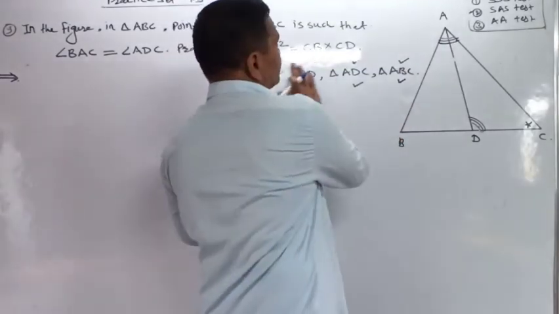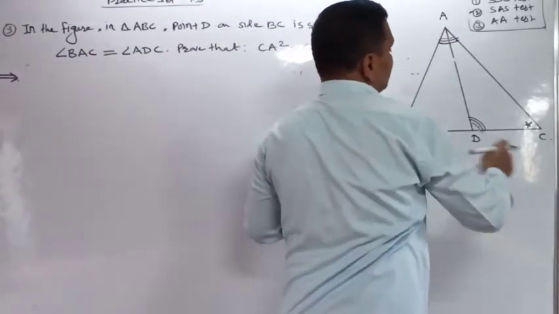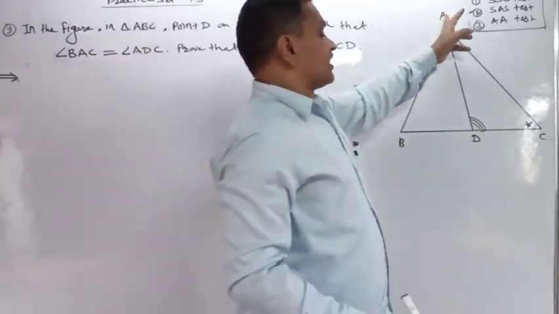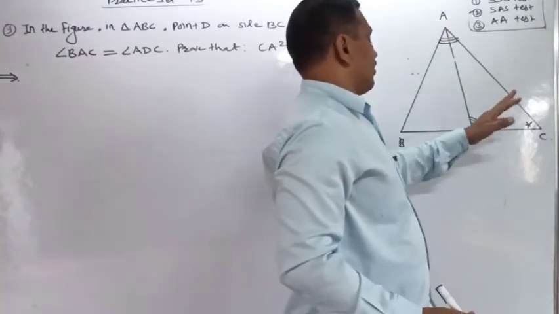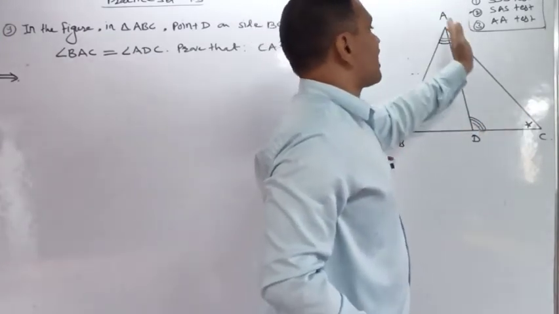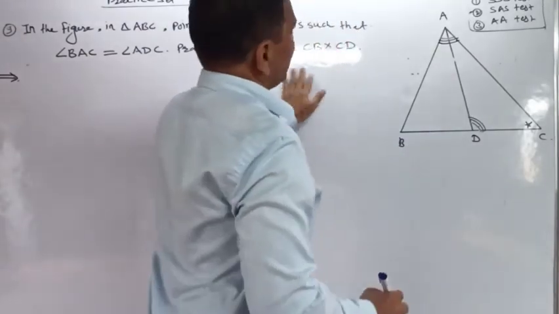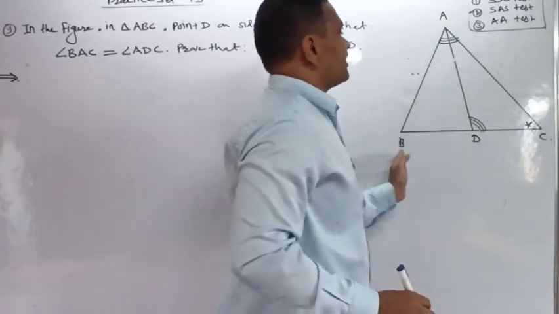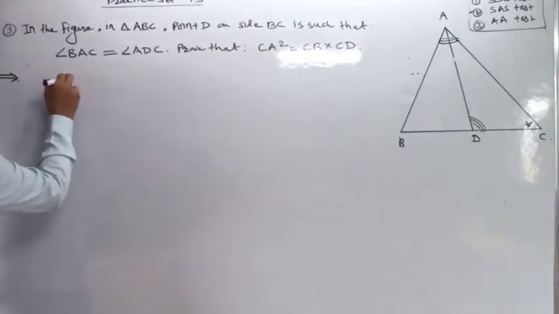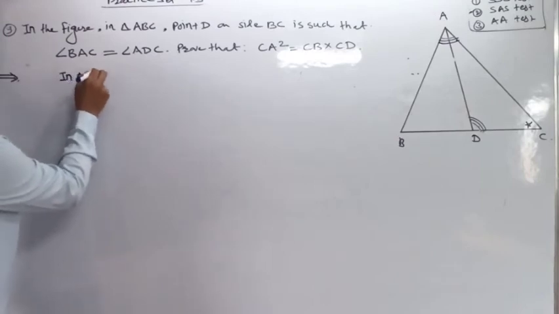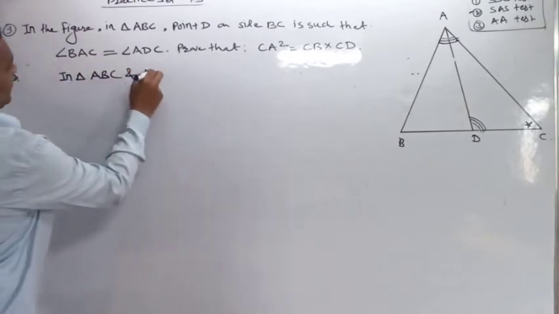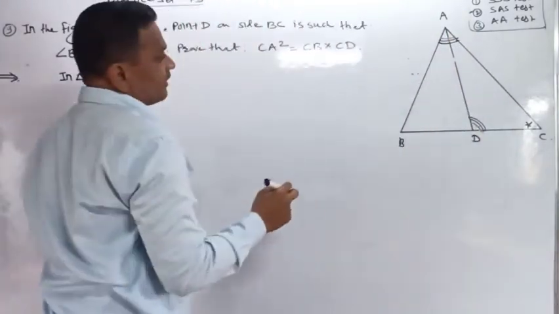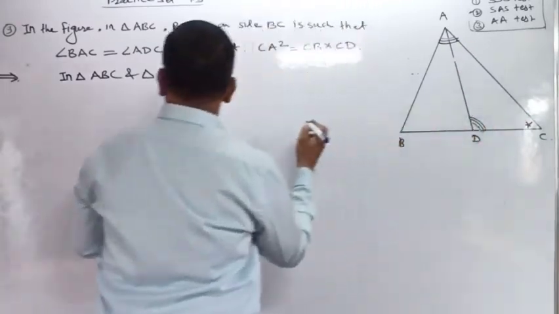Now I am taking the names of the two triangles, triangle ABC and triangle ADC, by their proper correspondence. In triangle ABC and triangle DAC,